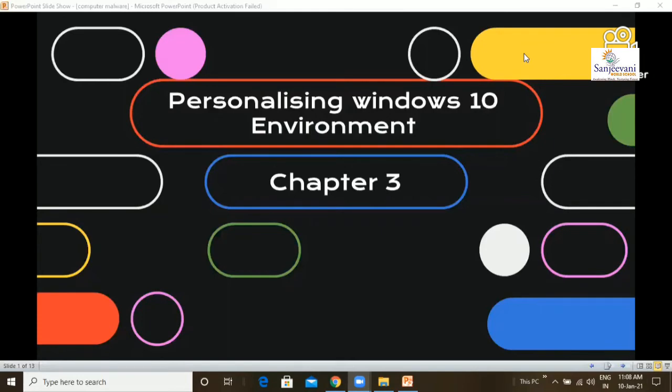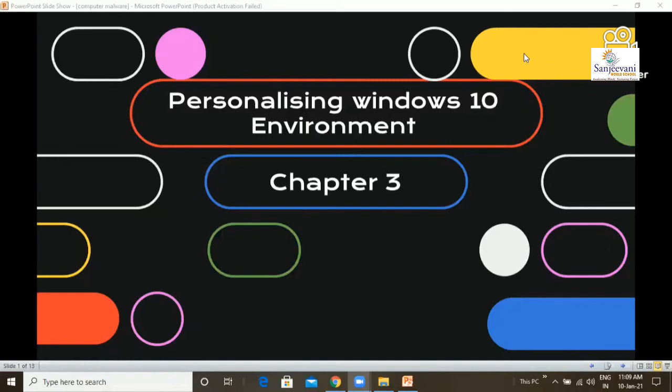Okay, you also know that the computer has a most basic software. Which is that software? Yes, right. It is the operating system. And the operating system is the software that acts as an interface between user and the hardware. So Windows 10 is an operating system. It is the most popular operating system, and in this chapter we are going to learn how to customize the appearance and the display of the Windows 10 operating system.